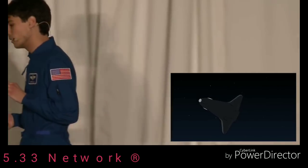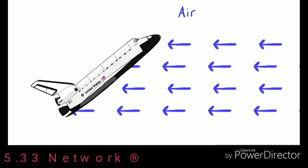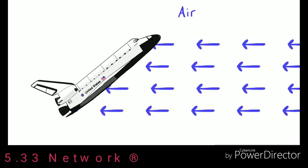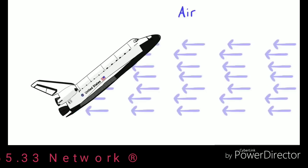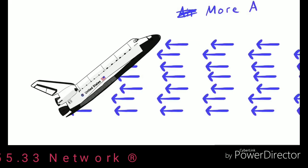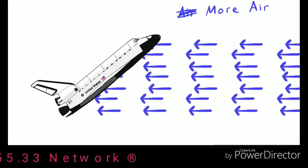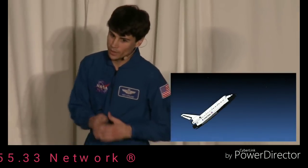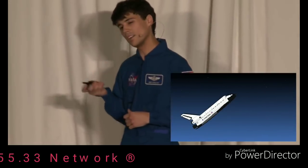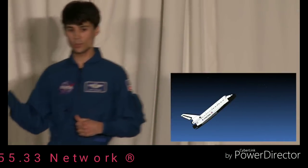Well, remember that the whole reason we're slowing down in the first place is because we're running into the air. So if we want to slow down faster, what we really need is more air. And where is there more air? Well, lower in the atmosphere. The atmosphere gets denser as you go down. So in a sense, we kind of already did figure out the right tools to control deceleration, because if we